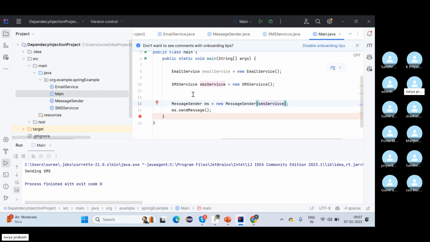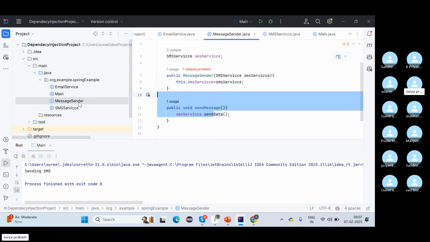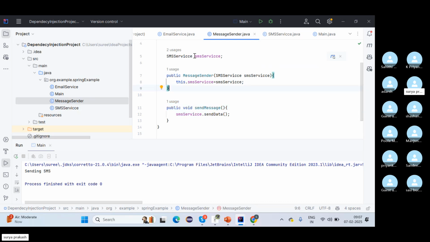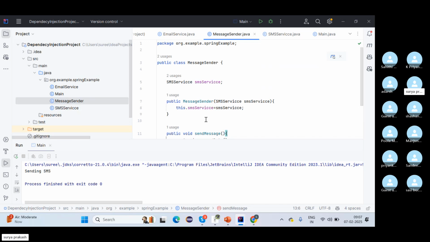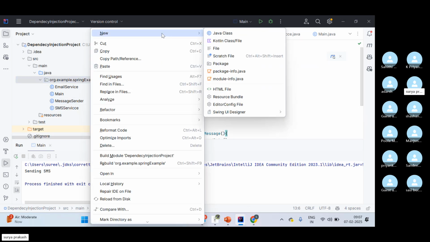Without using dependency injection, the process is very difficult. Every time we need to change the field, constructor and method. Inside the method we need to change the instance, constructor, field, constructor. But by using dependency injection, we do not need to change anywhere. Just create